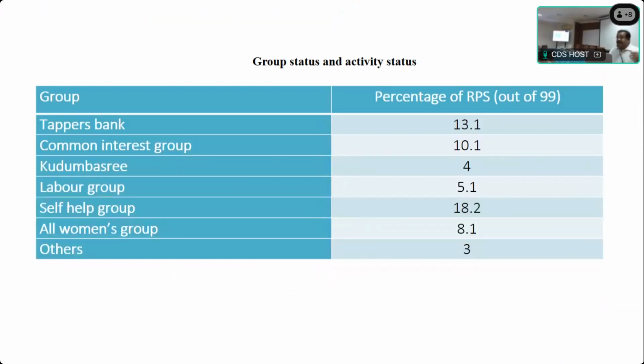In terms of group activities, many activities have to be done in order to address the various aspects that we were talking about. They can involve the following aspects also: introducing a tappers bank, common interest groups, involving industry, then labor groups, then building self-help groups, and so on and so forth. But as you can see, very few of them are actually doing this. 13%, 10%, 4%. Group activities are considered to be an important part of the RPS activity, but what actually gets done is